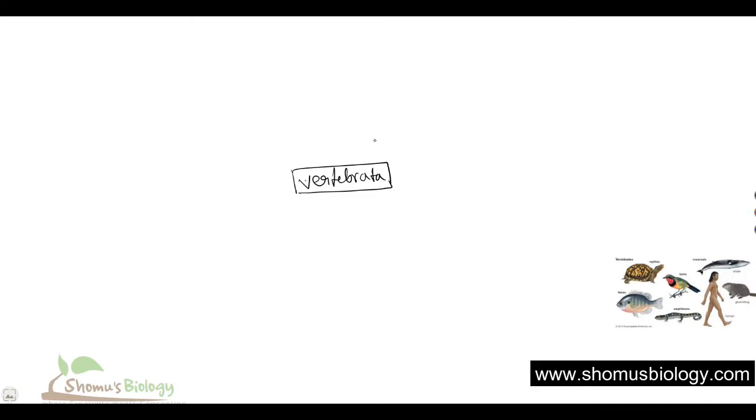So like every single video, first of all I'm going to talk about the characteristics of vertebrates, and here we'll be talking about only general characteristics. So again, divide them into two different portions here. One is the general characteristics, another one is special characteristics. Okay, so let us put the important features here in the general characteristics. What are the general characteristics? First of all, they all have bilateral body symmetry. This is the very first thing.